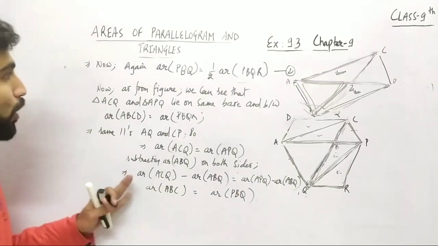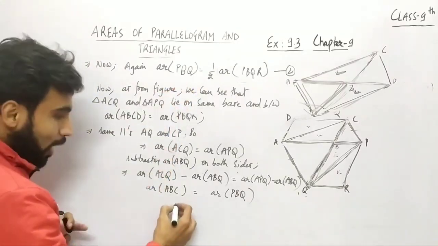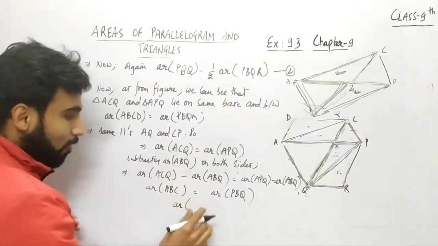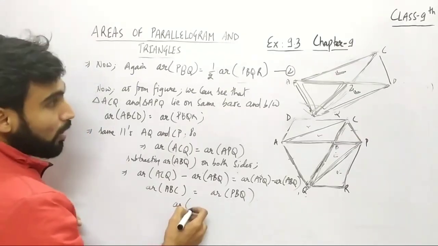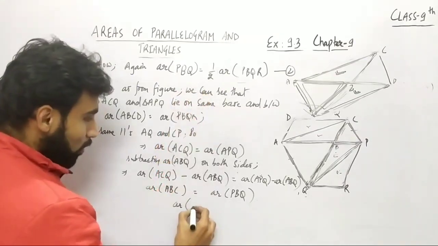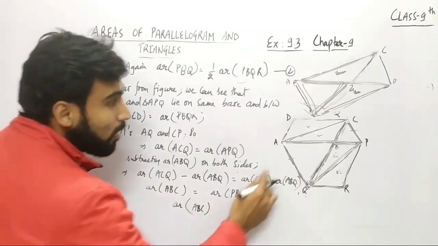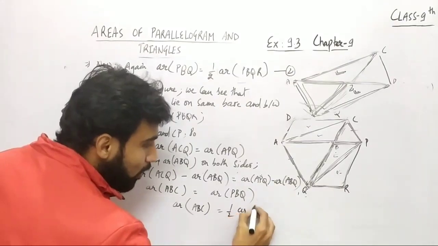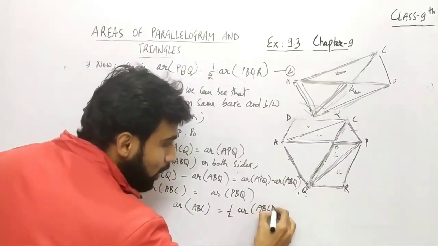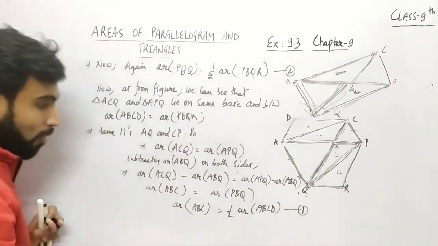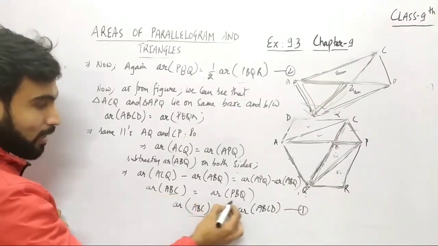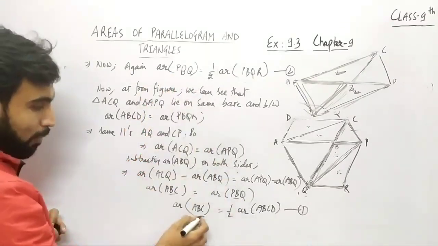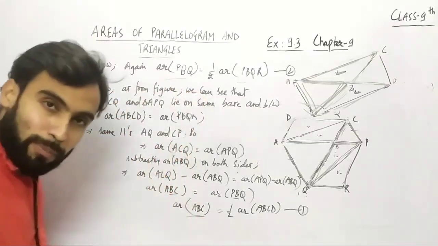Now, as I've told you, let me rewrite the first condition that I have erased right now. You can see in the previous, there was ABC triangle. This one was half of ABCD, right? That was written here, which I have erased. So that was the first equation. Now, if you look carefully, here I have proved triangle ABC equal to PBQ, that is, ABC and PBQ are proved equal.